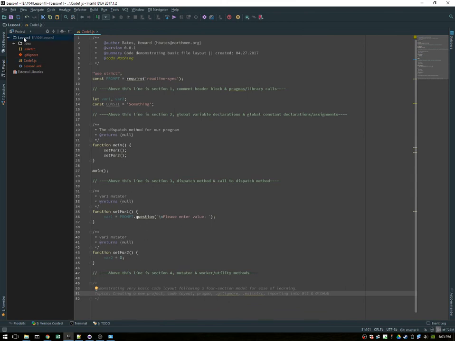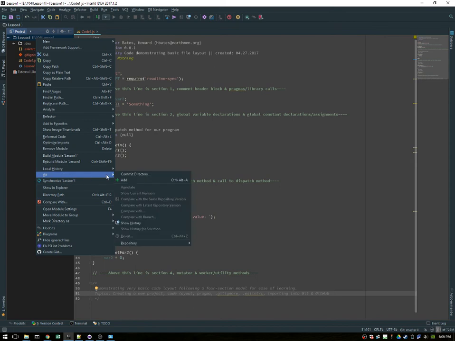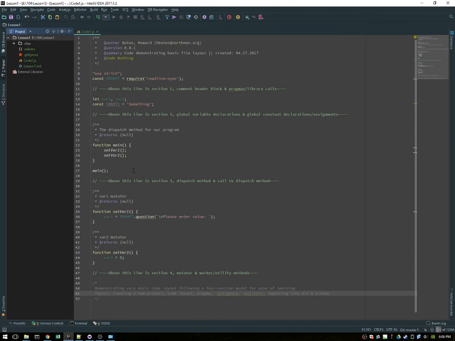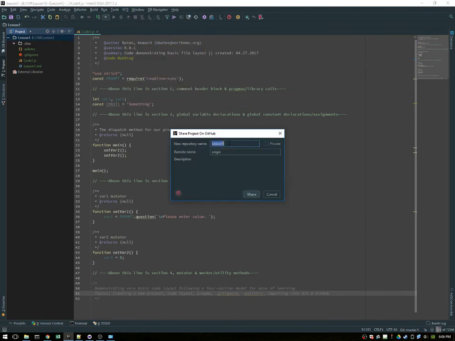And then I come up to the parent directory right here of my project, and I right click on it, and I come down to Git, and I click the green plus, which is add, and it changes all these to green. The next thing that I like to do is click on VCS, and I choose import into version control, and I do share project on GitHub. And when I do that, it's going to come up, I'm going to call it lesson 1. Origin is fine. The description is,